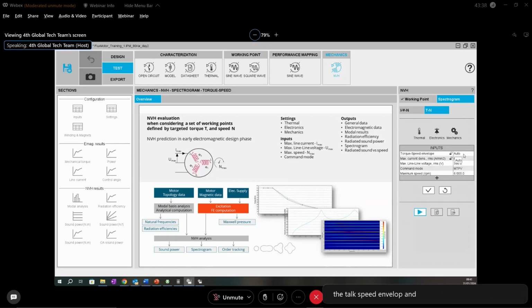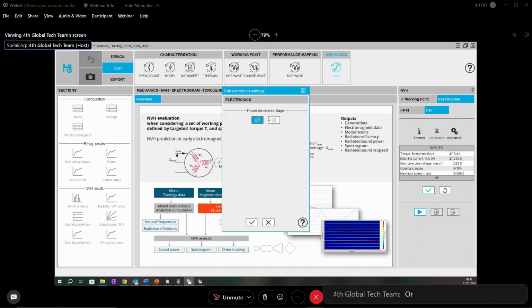And now we can leave auto here. We need to adjust the line current, that is 250. About the voltage, we can put 265,